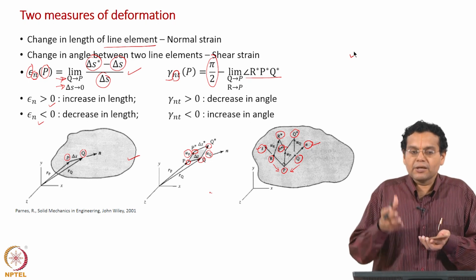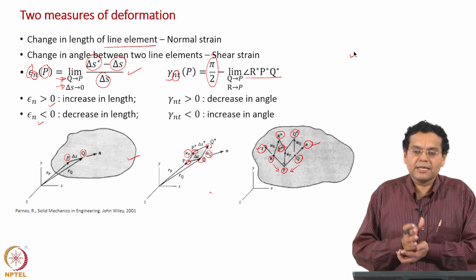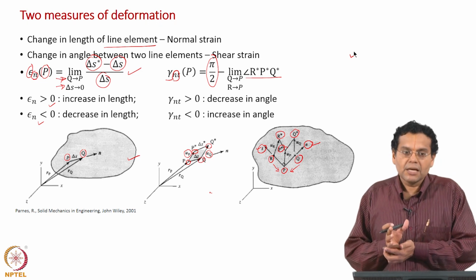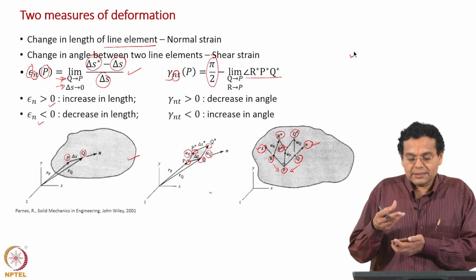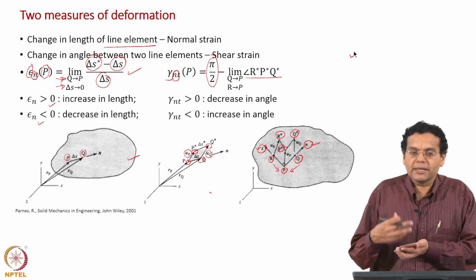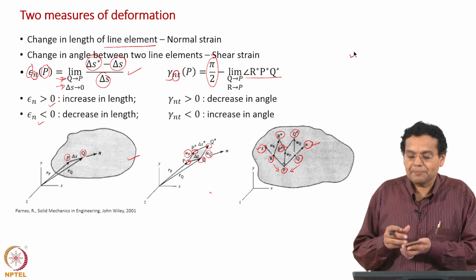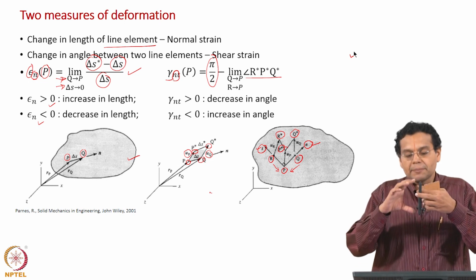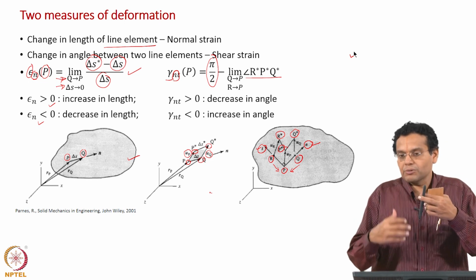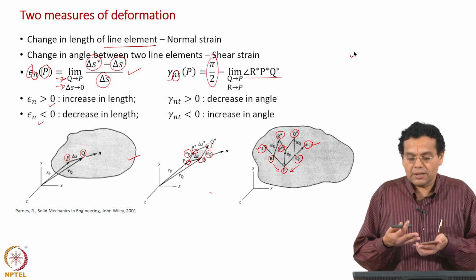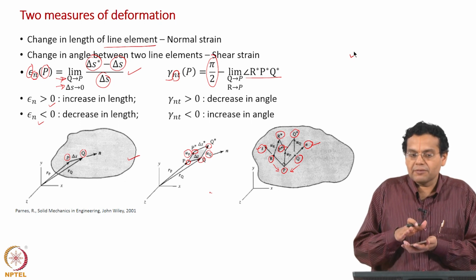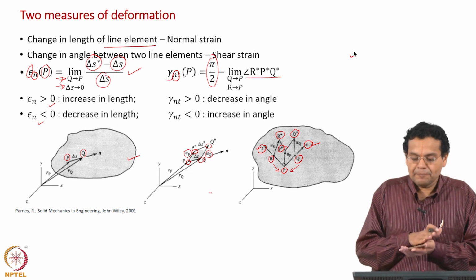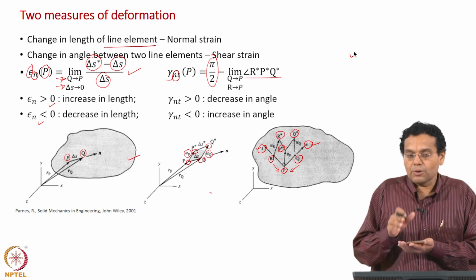Why this small point? Because we need definition of local normal strain, definition of local shear strain. We want to describe what happens to the length, change in length, change in angle at every point in the body. That need not be same. In the case of a simple rod, it may be same throughout the rod or throughout the thread, but in a general body, when you subject it to force, this normal and shear strain can vary or will vary most of the time throughout the body, and that is it.